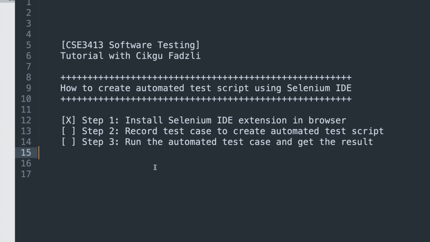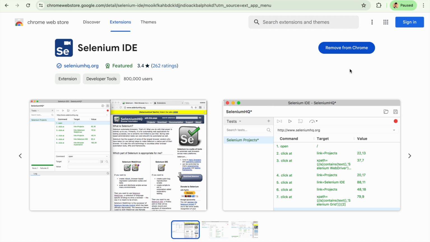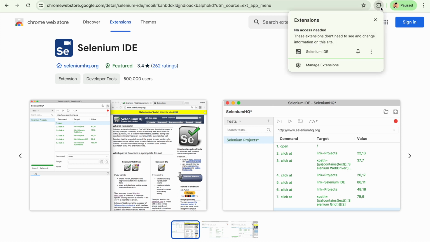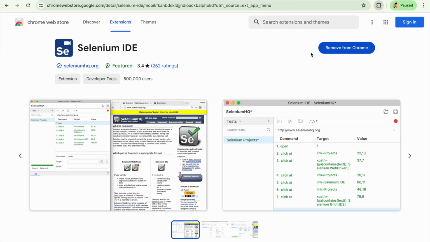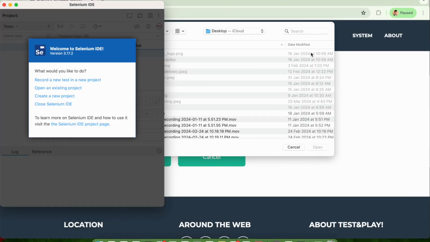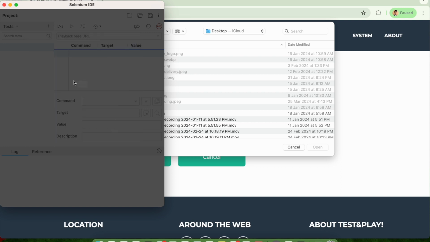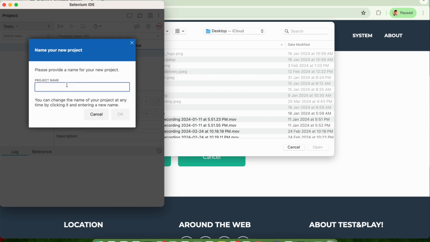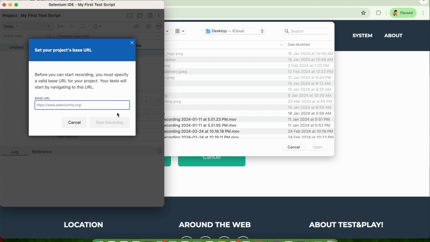Next, we're going to record the test case. So to record a test case, first we have to open the Selenium IDE extension here. Okay, so this is the Selenium IDE. We are going to record a new test in a new project, of course, right? So we are going to give a project name, my first test script. Okay, and then